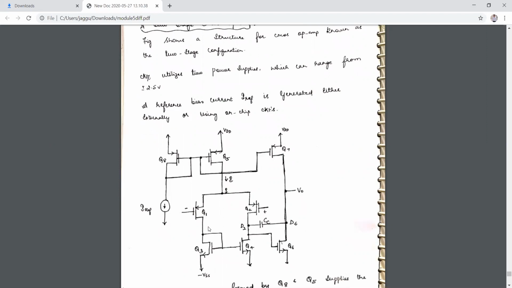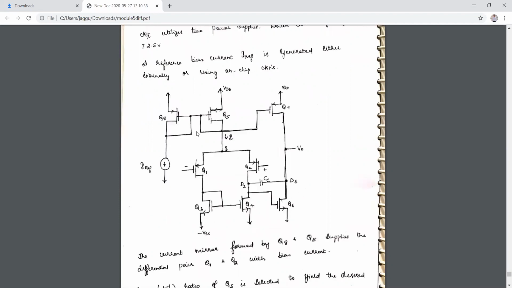So the op-amp uses a differential amplifier. You have the differential pair, and on the output side you have two more transistors. So this is the differential pair circuit, and this is the output circuit. You have two parts here, the differential pair and the output. The differential pair is realized using a current mirror. The load acts like an active load, realized using a current mirror, and Q1 and Q2 are the differential pair. So in a MOSFET differential amplifier, you have the current mirror and the differential pair transistors, and this is the output part.